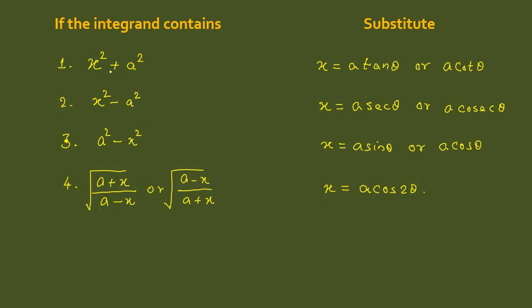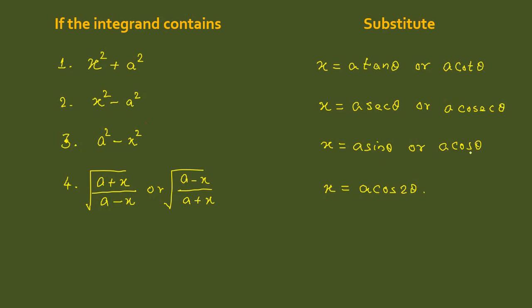The first result is whenever the integrand contains x square plus a square, where a is a constant, we can substitute x equals a tan theta or a cot theta. This theta is not necessary; we can replace it with t or u or whatever your favorite variable. If the integrand contains x square minus a square, we should substitute x equals a sec theta or a cosec theta. Similarly, for a square minus x square, we can substitute x equals a sine theta